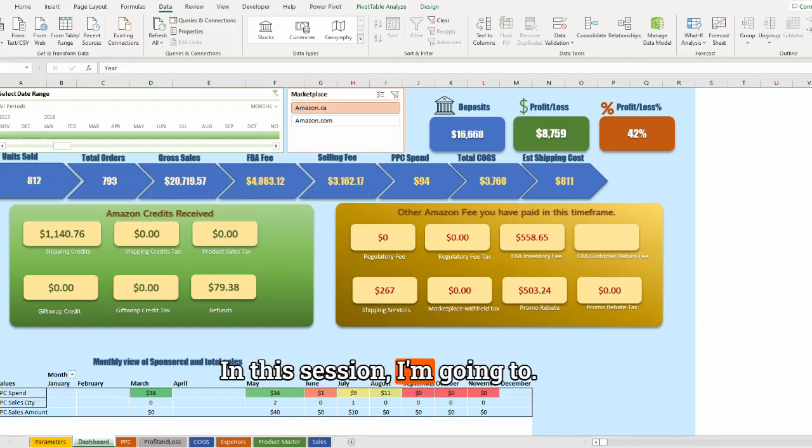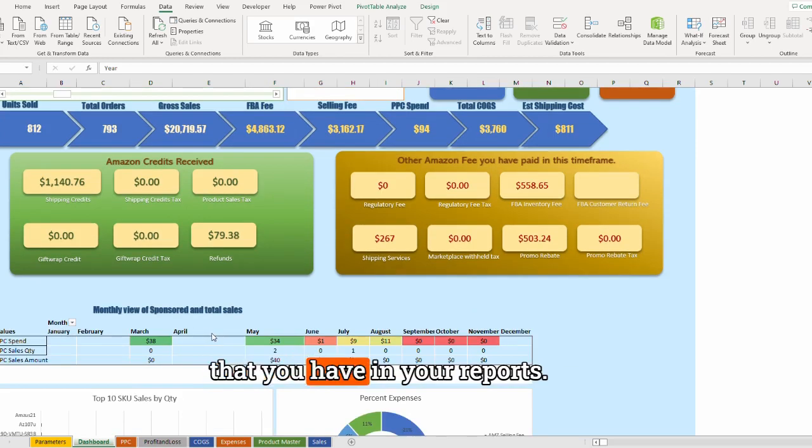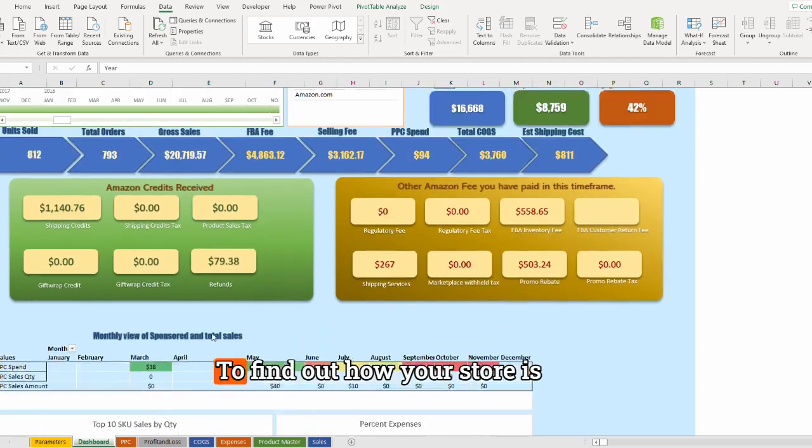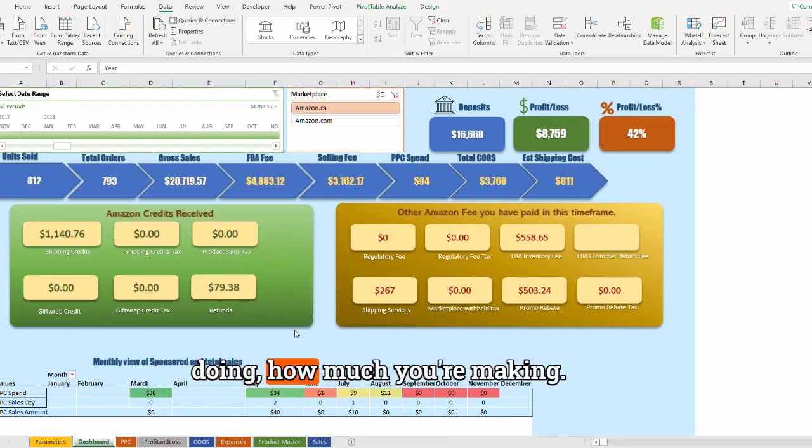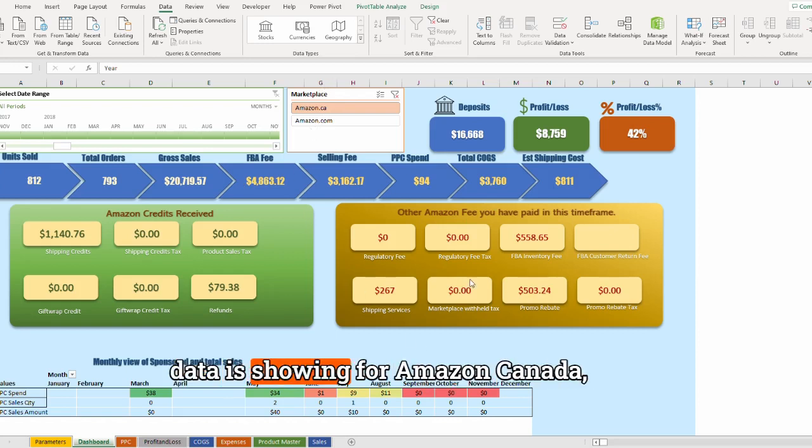In this session, I am going to take you through the dashboard that I have developed for Amazon sellers, especially for Canada and US, so that you can use the data that you have in your reports to find out how your store is doing, how much you are making, and how much you are paying Amazon as a different type of fee. In this example, you can see that my data is showing for Amazon Canada, where I have